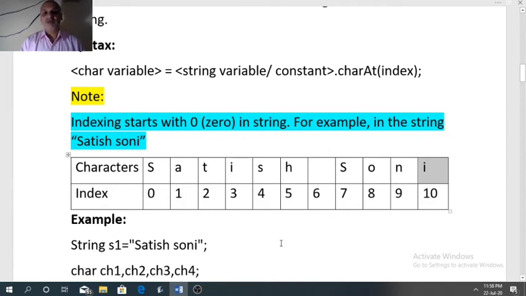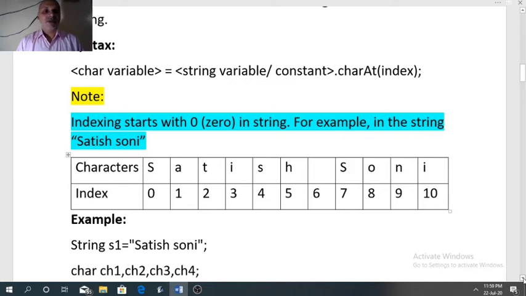So the total number of characters present in this string is 11. From 1 to 10 we have 10 characters, and the first character is allotted index number 0. So if you start counting from 0 to 10, you will get a total of 11 characters.